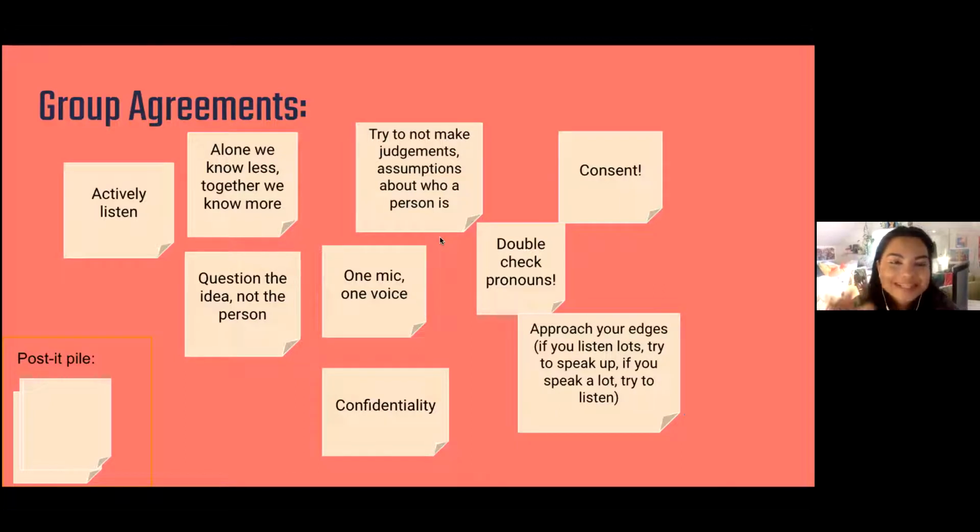Okay, I'm going to take silence as a no. But again, this is a living document. So if I ever feel like we should come back to these group agreements, or if someone thinks that we should come back to them and talk about them some more, we can do that at any point throughout this workshop. And we can always add to it or take stuff away if it doesn't suit our needs.